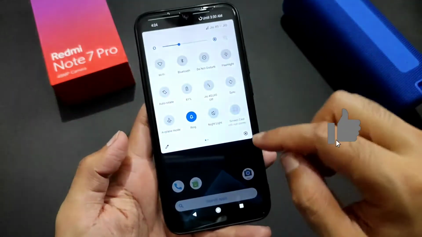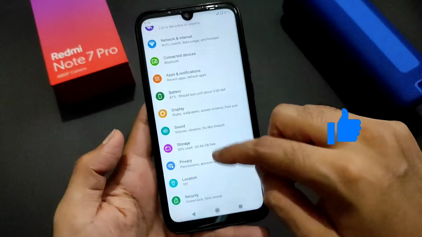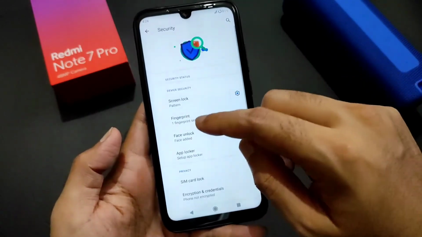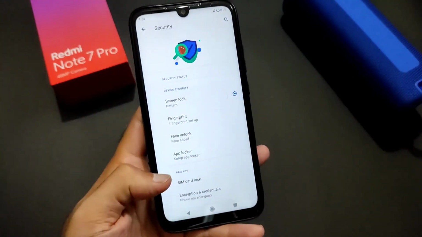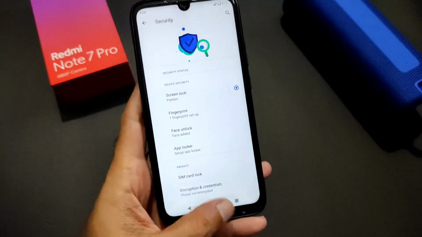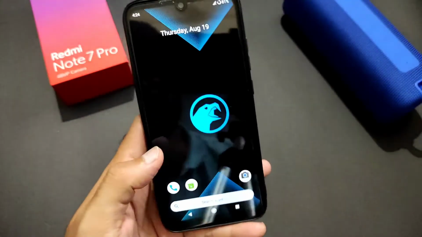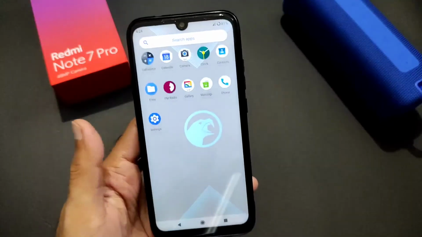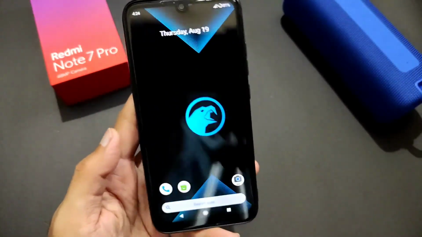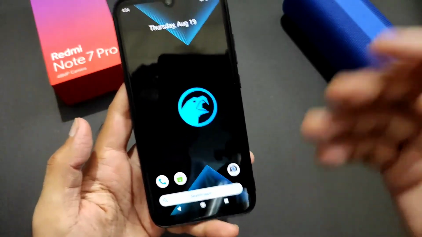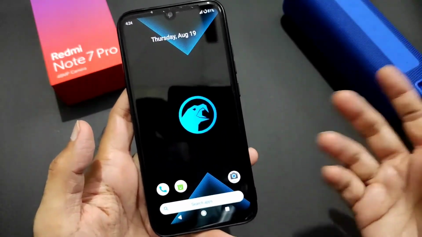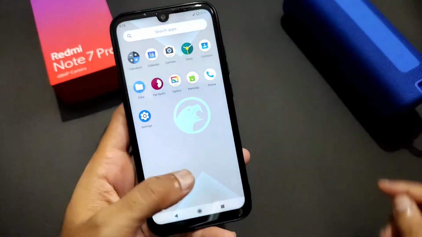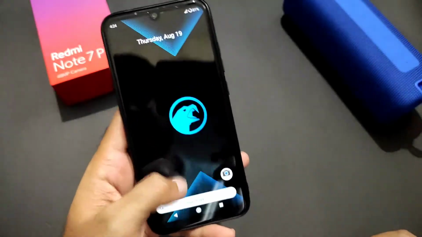You get plenty of options to unlock, and even let me go into the security. You can even get the app locker option pre-installed in this ROM. That's how the CorosOS extension version based on Android 10 is given. That's the vanilla OS I have flashed. If you want, you can use the GApps version. I mean, just flash after the ROM, you need to flash Nick GApps or any GApps you want, that can be flashed. And this is how the ROM performs.